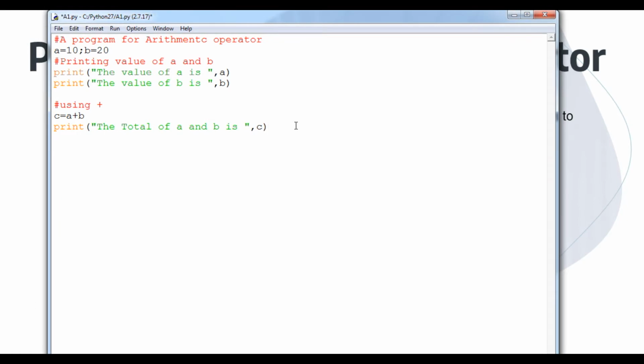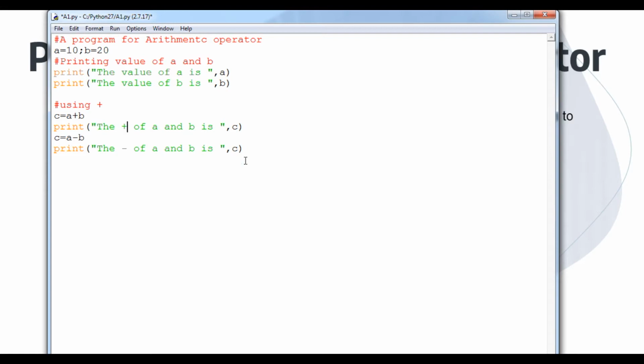Now I am going to use subtraction of the variables. So here C equals A minus B. Now I will copy the same thing from here and paste it, and in the place of addition I will use minus, where here is plus.